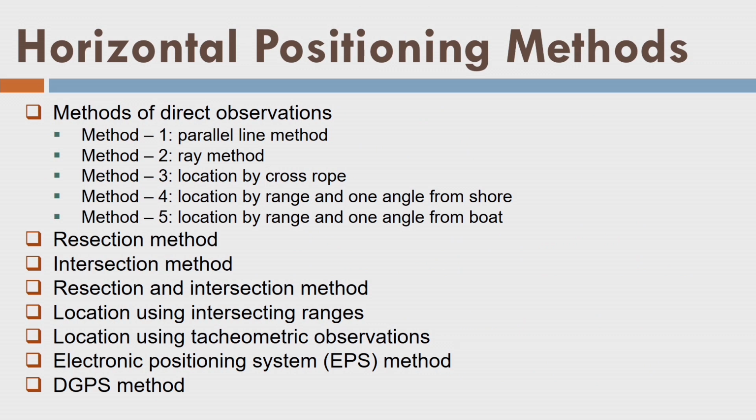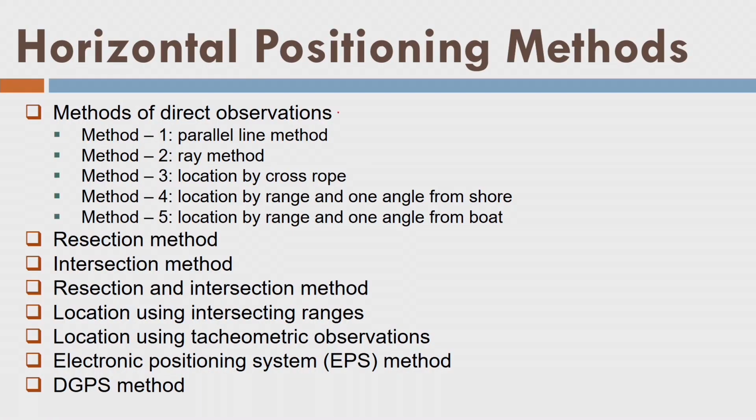Now let us start with the horizontal positioning methods. We have categorized those methods into different categories, or we have classified them. This classification is not available in the books. First is the method of direct observations. That means we are observing the point xy by direct observation. It could be an angle measurement, a coordinate measurement, or a distance measurement. That means we are not deriving it by some calculation. Rather, we make this position in a polar coordinate system or Cartesian coordinate system, but measure it directly, and then later on we can derive some information. But our observations are very direct at the point.